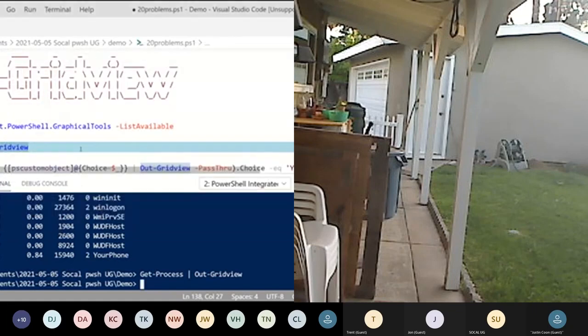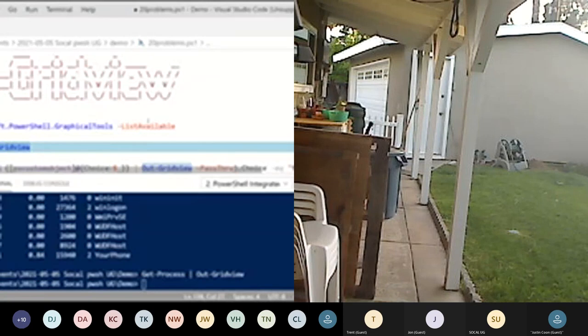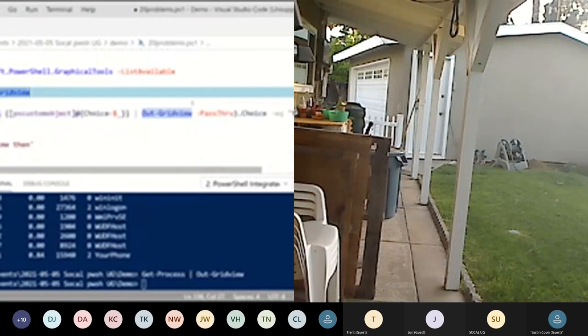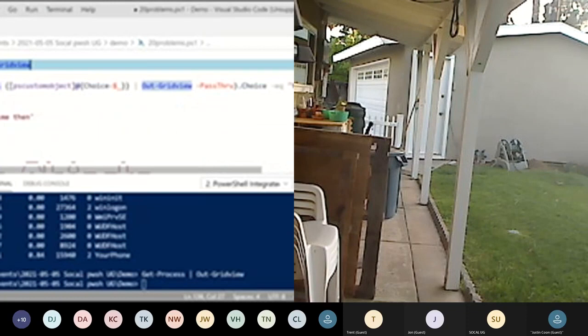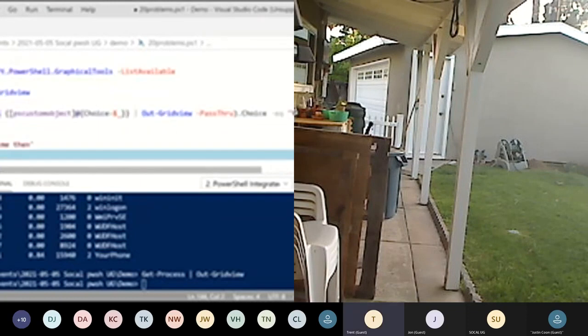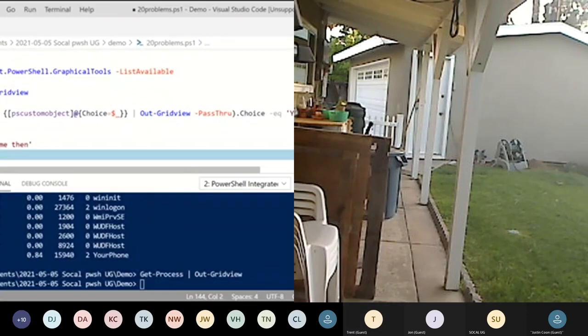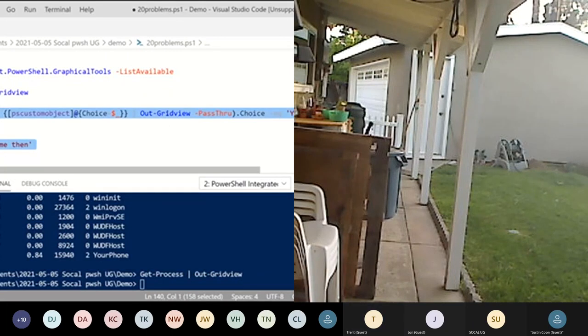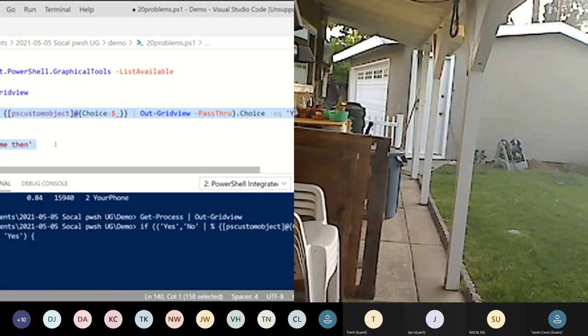So Out-GridView is a nice way to make the data visible, to make it scrollable, and to provide some user interaction. So you can also use this to give a choice or to select which data you want. So, for example,